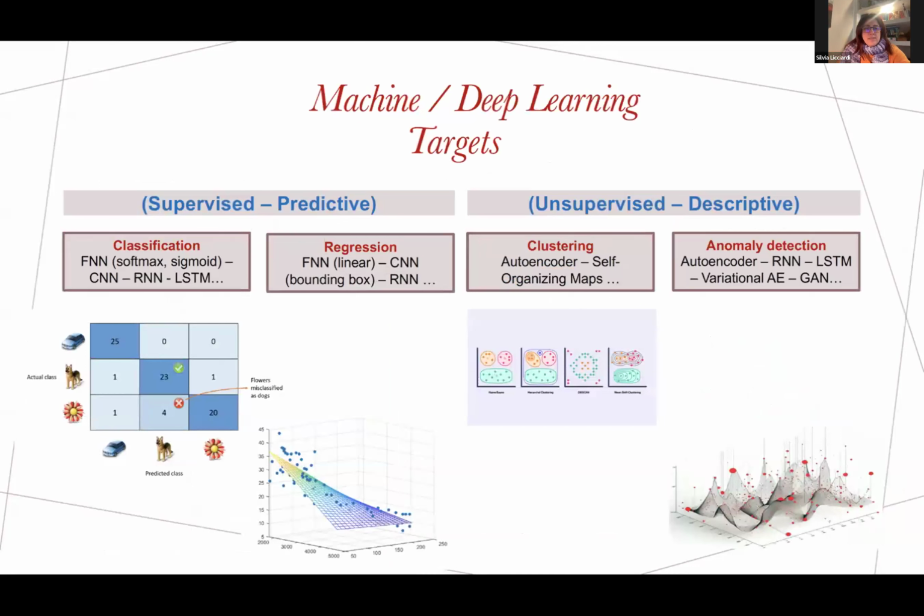Okay, now let's go a little deeper into the structure of a neural network. Machine learning and deep learning are similar, we said. There are four major macro areas, divided into supervised and unsupervised. Supervised means that we know the label of the input. For example, we have an image of a dog, and we know that it is a dog.